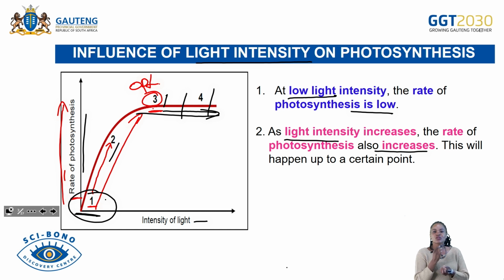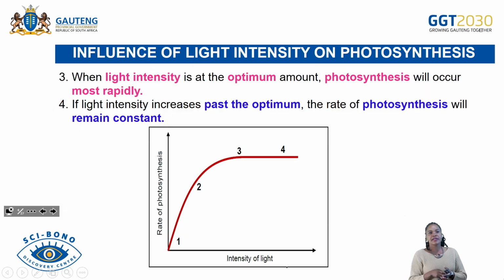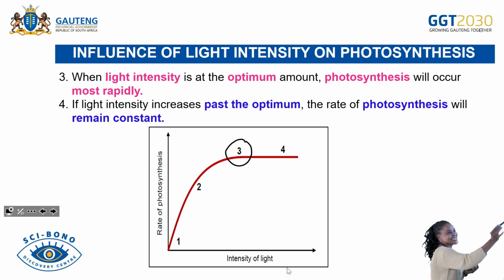So it will increase up to a certain point, and that point we refer to as the optimal point. Now what is happening as soon as it gets to its optimum value? What is going to happen with the rate of